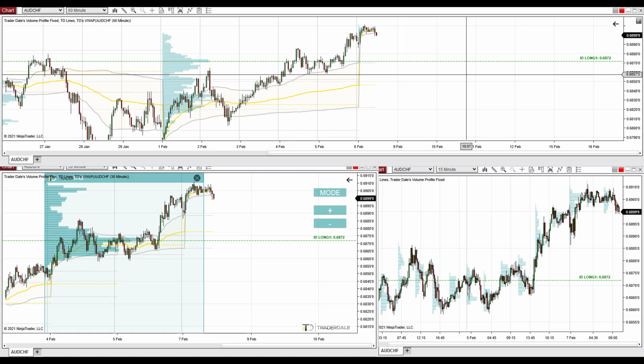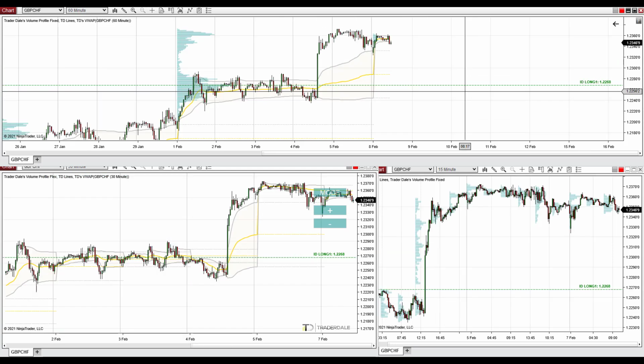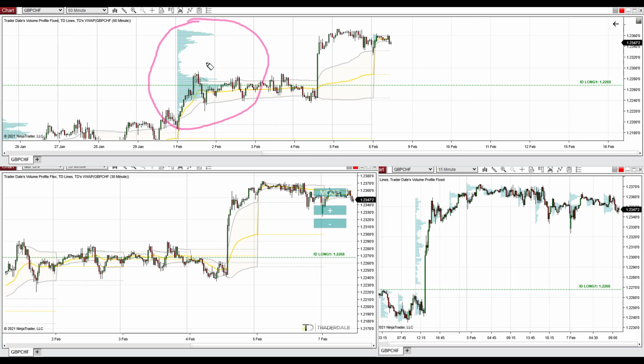And let's now go into the next trading idea. This one will be on the British pound Swiss franc. So this is the British pound Swiss franc, and the trading idea in here is based on weekly volume profile and on its point of control, which is in here, weekly point of control. So again, this means that heaviest volumes throughout this whole week got traded in here, and the absolute volume peak was right there at